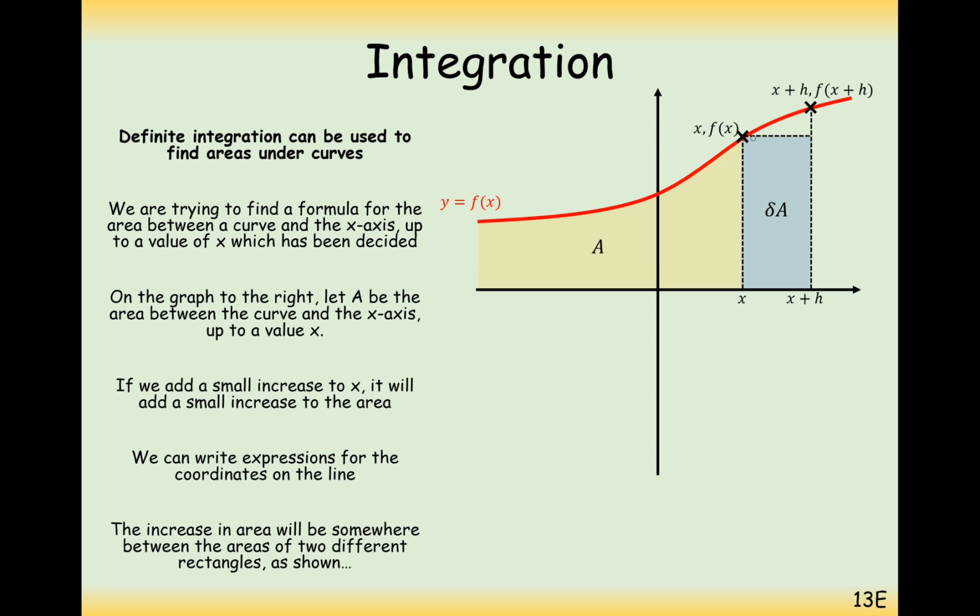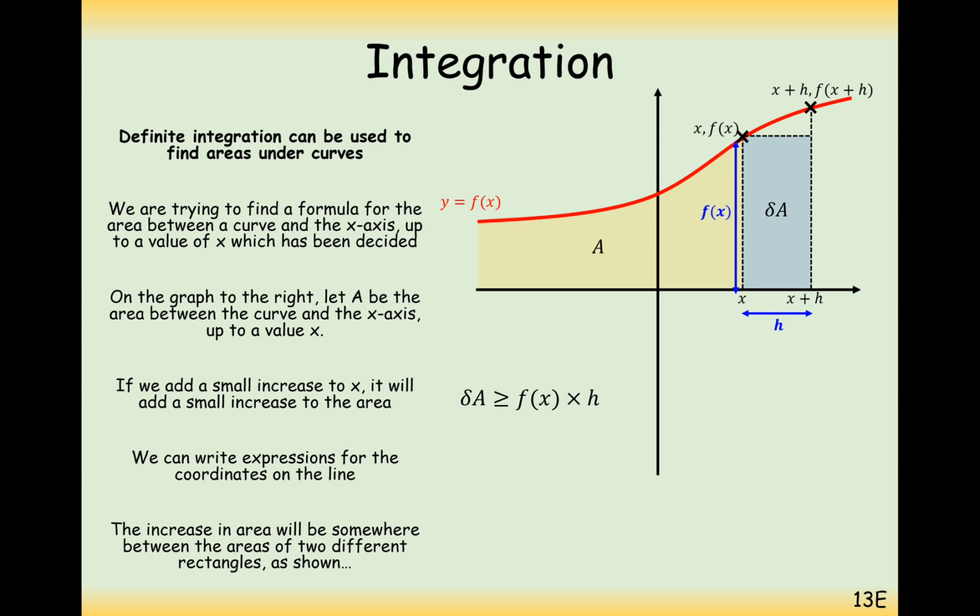First of all, we'll look at using an underestimation of this rectangle here. So effectively it's base times height, so this is going to be a base of h times a height of f of x in this case here. So base times height. So the small change in the area is bigger than, because we can see we've got some area missing here, the small change in A is going to be greater than base times height,